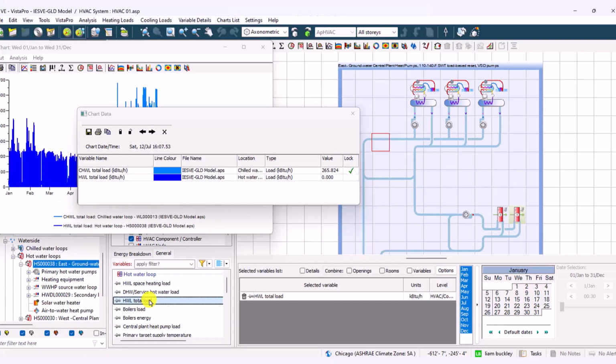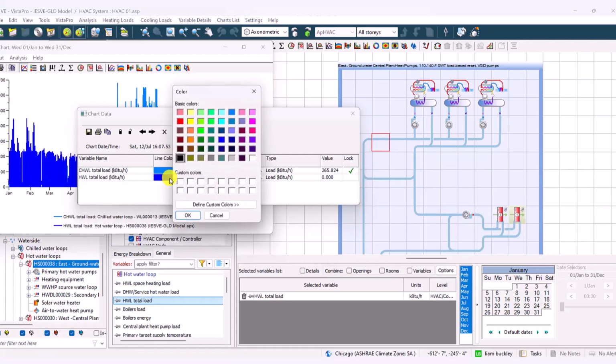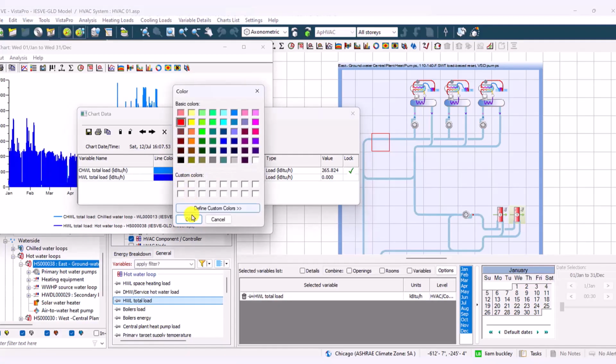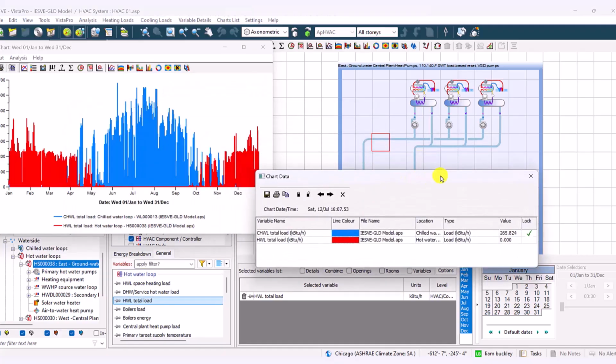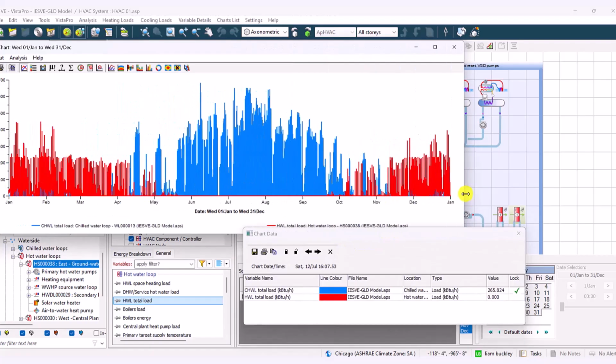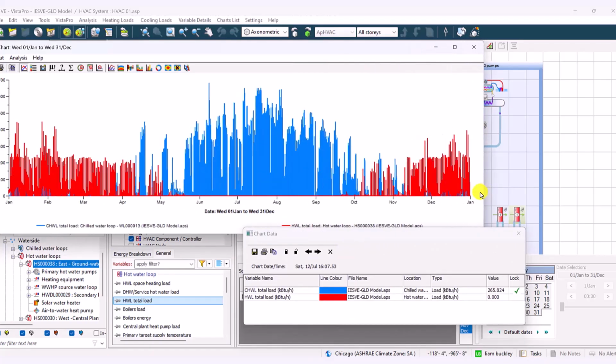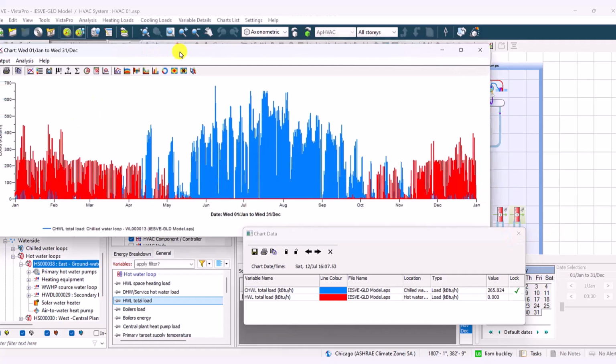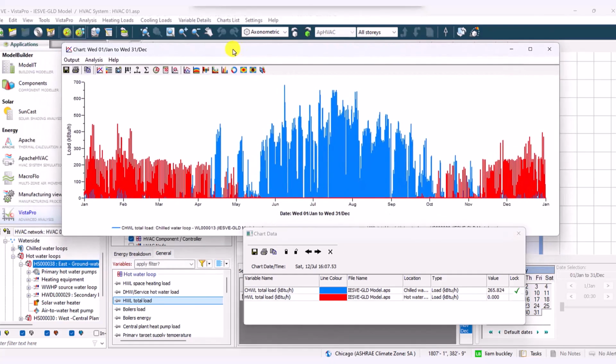So for me, I'm going to select the hot water total load, and I'll just make sure that goes to red so I can see it on this chart and make sure it's making sense to me. And the shaped profiles of those make a lot of sense. One is for heating, one is for cooling, and now we're ready to do the export. So what we actually need is the numerical data of the 8760. So here we go to the table view,